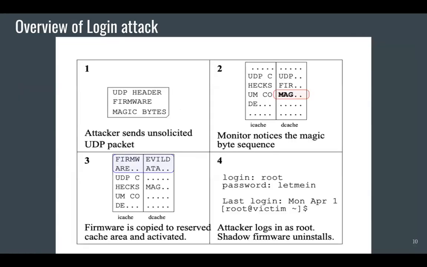If we see in the next slide, this is a little bit of an overview of how this attack has taken place. Let's say we have this UDP packet that we have sent, and we have some magic bytes, malicious firmware, and UDP header. It comes, the monitor notices that magic sequence, and instead of discarding it, since it's not a robust hardware, rather it's facilitating an attack, it will see the magic words, and it will actually store the entire malicious firmware in the shadow memory, and then trigger